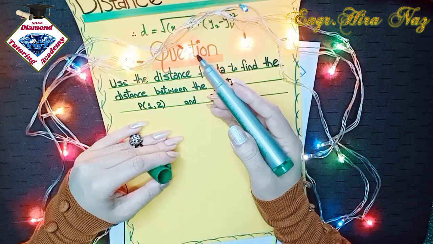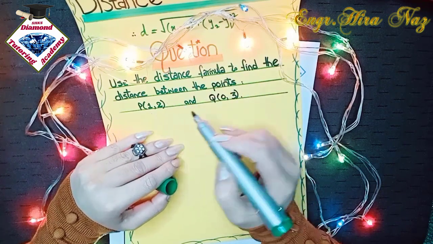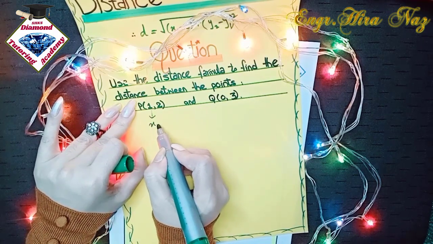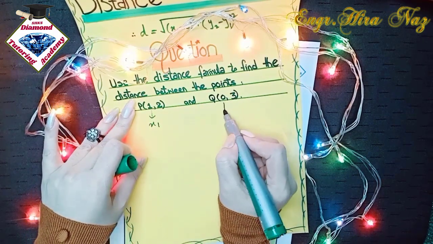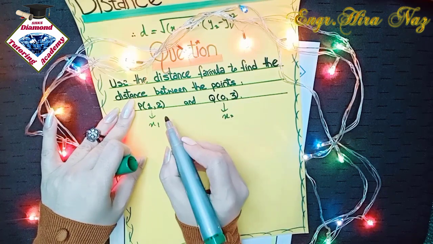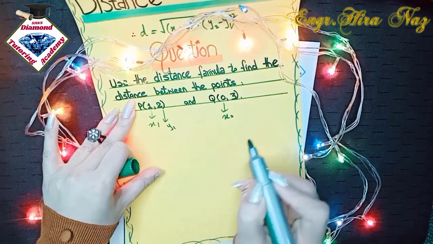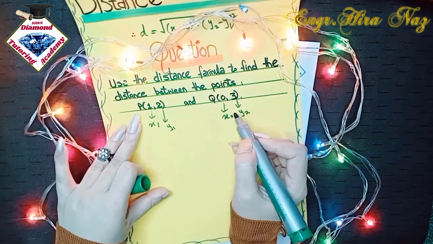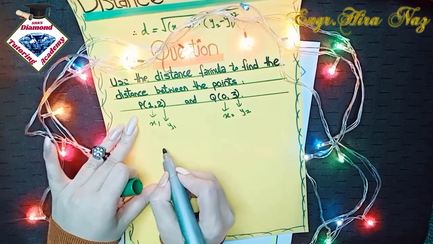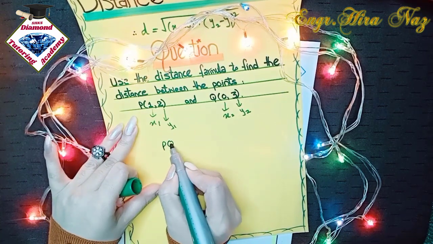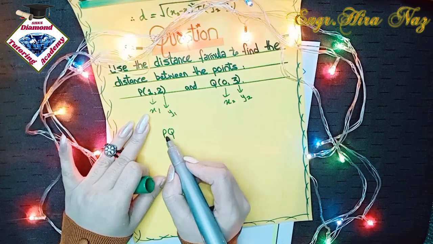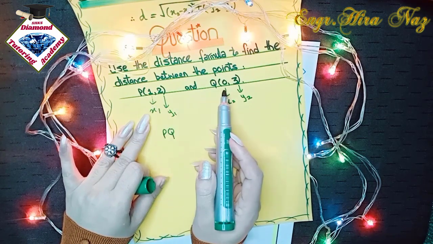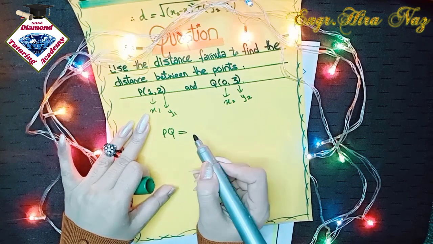Let us apply this formula on an example where 2 points P and Q are given. So here 1 is our x1 and 0 is our x2, 2 is here y1 and 3 is here y2. Now put these values in the formula. We can denote this as the distance PQ, because we are going to find the distance between the point P and the point Q. So we put the values as